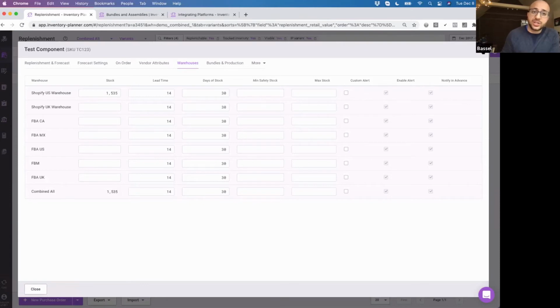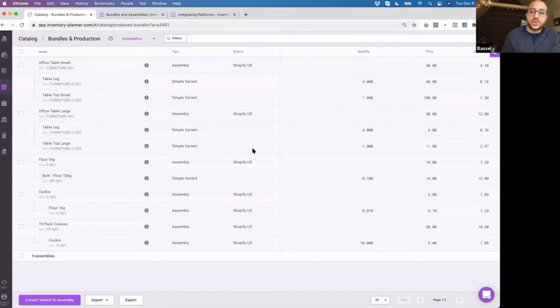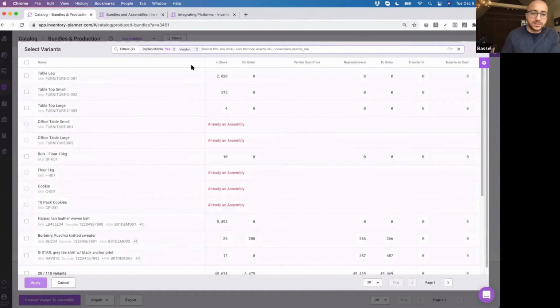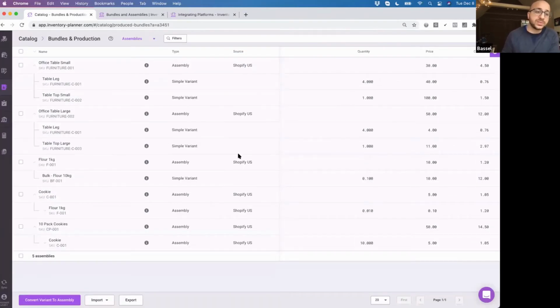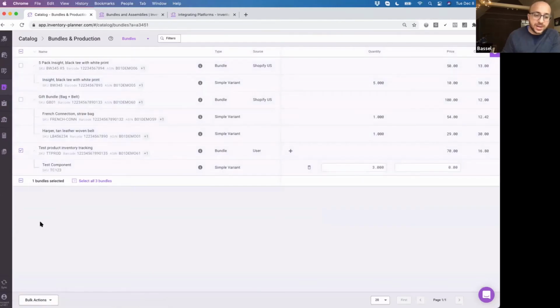Now, configuration in terms of assemblies is the same general concept. You would grab the components. You could convert variants to assemblies the same way. Classify a variant, convert it to an assembly, then add your components. If you also are managing directly in the system, if you have bundles or components, maybe this test product I just created,